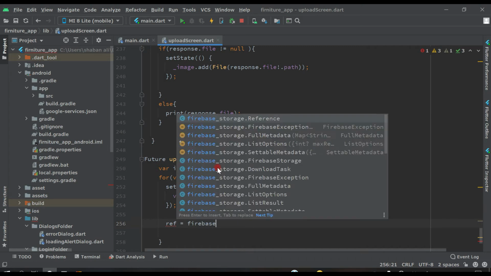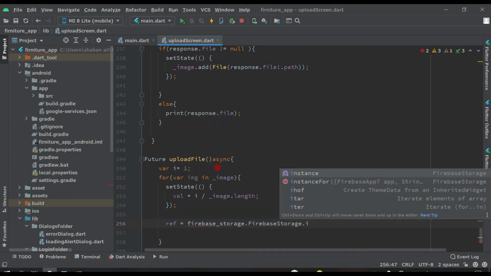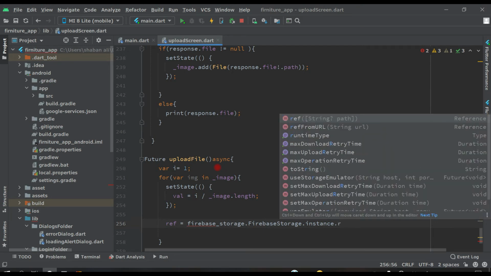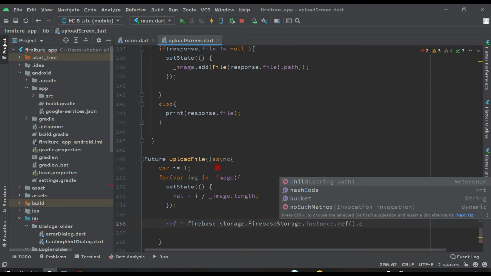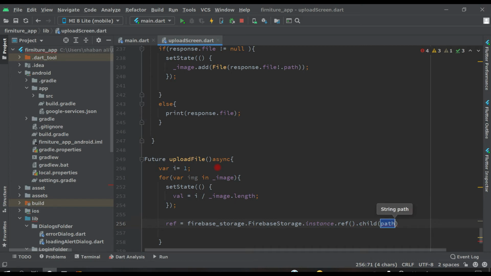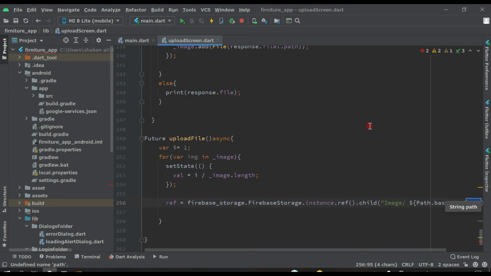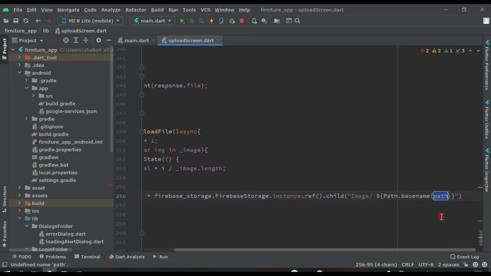this one, FirebaseStorage dot instance dot ref dot child, and child will be image slash $, open curly brackets, path dot basename, and let's make it here, you will see clearly.